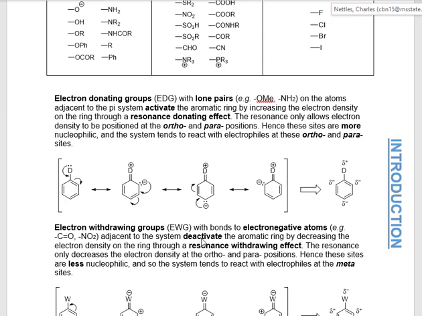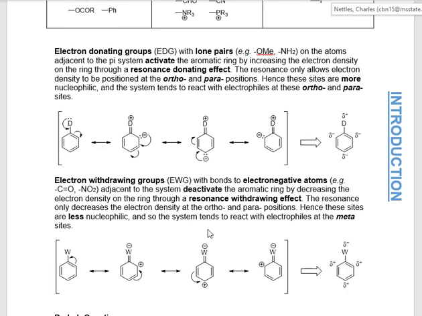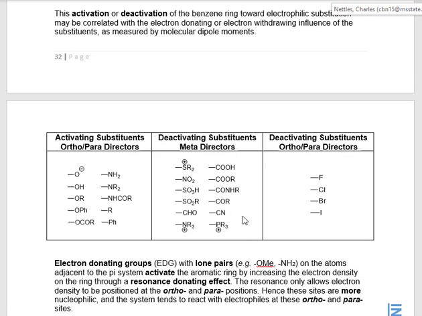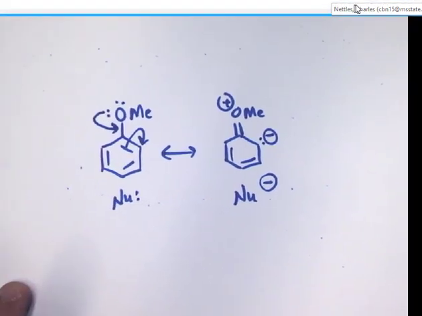Then these electron withdrawing groups do the exact opposite. You see where they deactivate the ring, and you're going to see resonance structures where the ring now has a positive charge circulating within it. Now, when we say this activating and deactivating, another way you could think about that is how fast also, these activating and deactivating groups can affect the rate at which our reaction occurs. So if you just look, let's say we look at alcohol here versus this aldehyde group here. So really what am I doing here? I'm going to be comparing